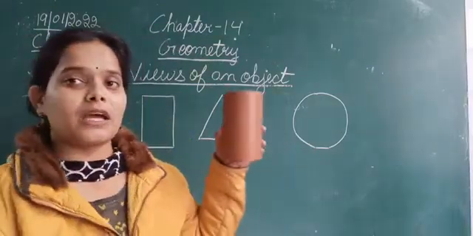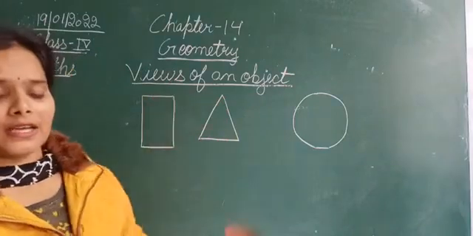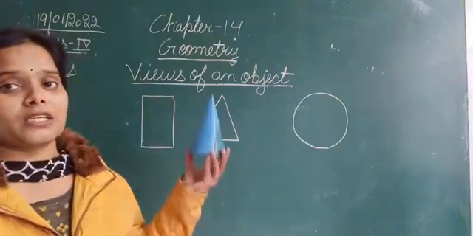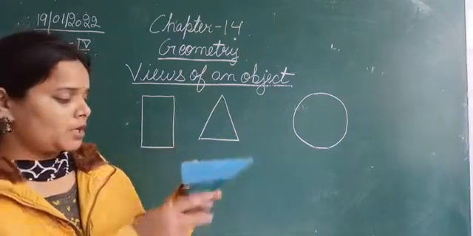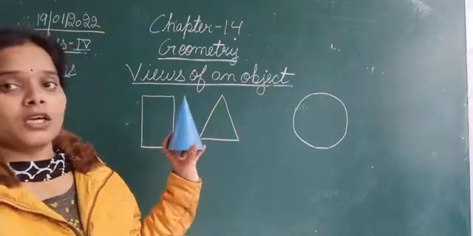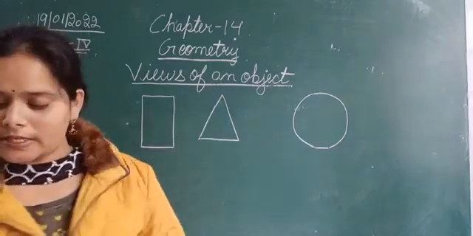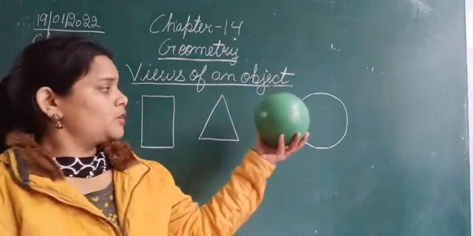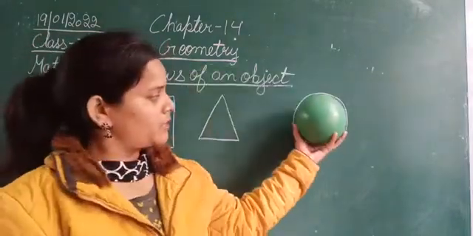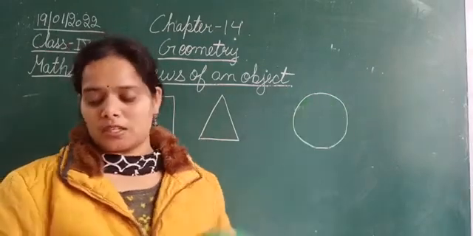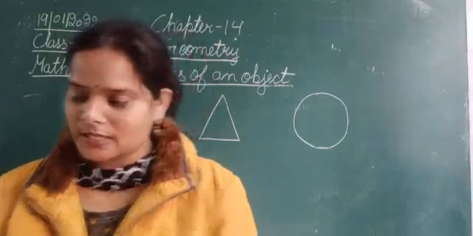I have given the example of a cylinder. If we see it from here, it looks like a rectangle. Similarly, if we are seeing this cone, but if we see it from the front, it is looking like a triangle. Next, this is a ball. We know this is spherical in shape, but if we see it like this, it is looking like a circle. So this is the view of an object. That is what we will discuss in the exercise